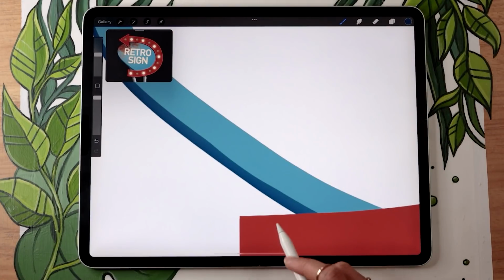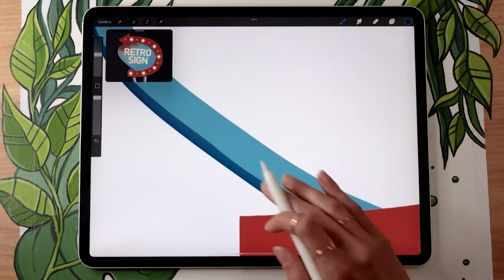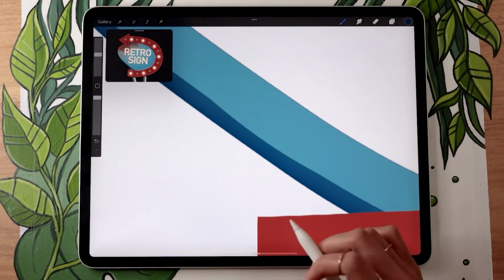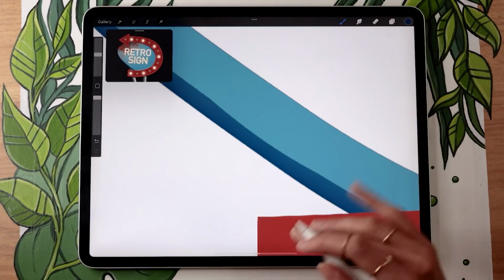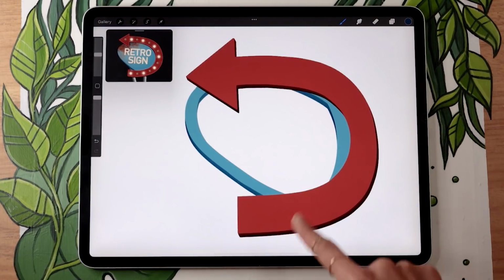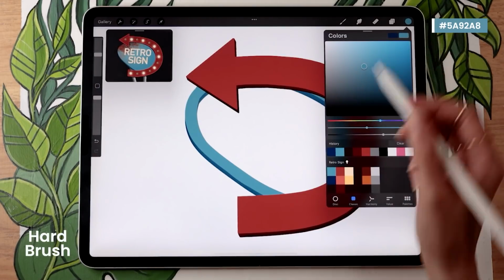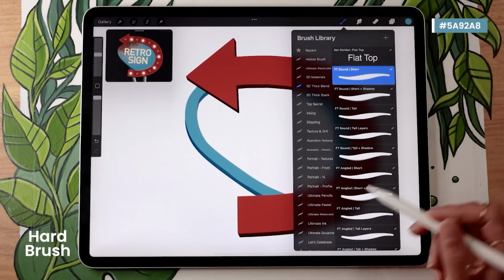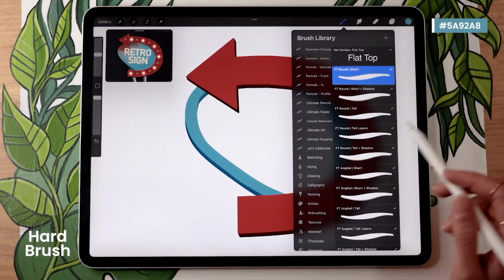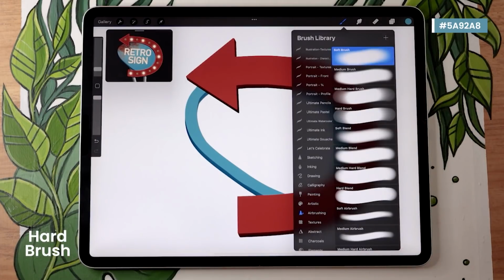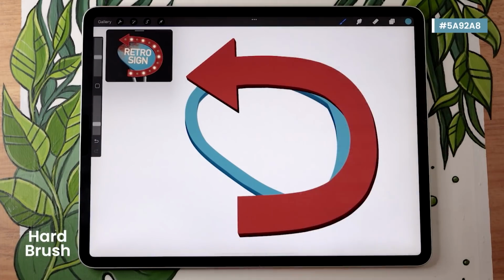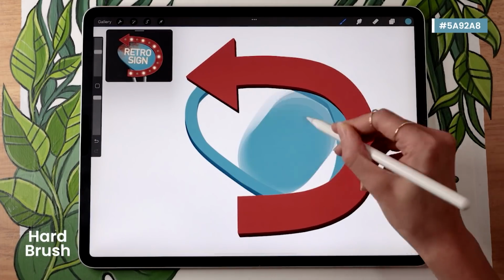So if I zoom in, as you can see, the thickness is already there and there's already a shadow within that thickness, so it really just took one stroke. We do need to fill in the top though, but that's really easy. Just go ahead and select the light version of your color, and then picking any super basic solid brush, so that could be in the airbrushing panel, the hard brush, and then you can just fill in the top.